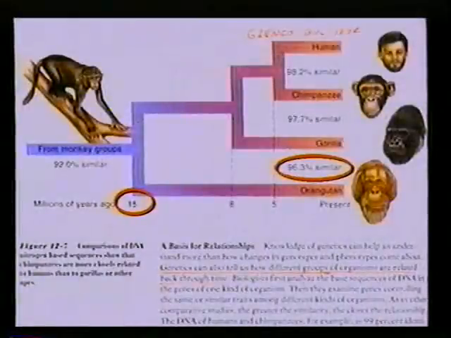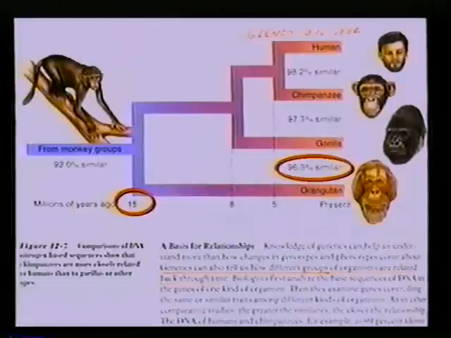So they'll say, orangutans are 96% similar. And the textbook shows the kids a graph here and says, see, this tells how many millions of years ago we evolved from a common ancestor. Well, that is just silly, okay? It doesn't prove we evolved from a common ancestor 15 million years ago from a monkey group. It could prove we have a common designer and the same guy wrote these codes.